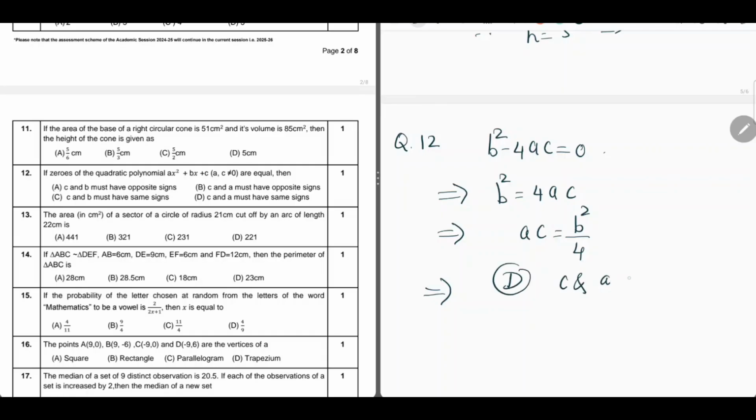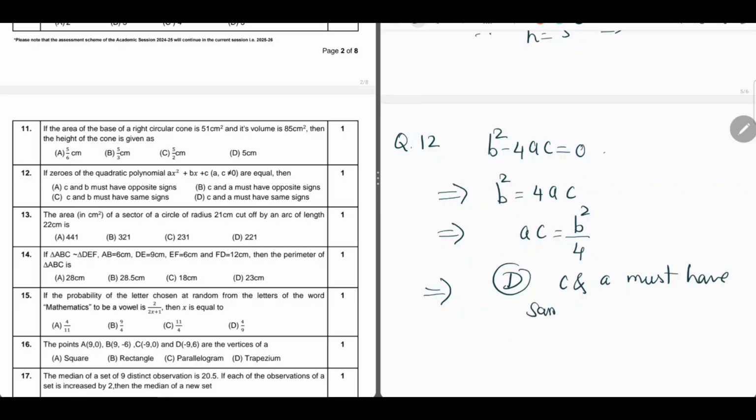If zeros of the quadratic polynomial are equal, what is the condition? B square minus 4ac is equal to 0, which implies b square is equal to 4ac, which implies ac is b square upon 4. 4 is a positive number and b square is always positive, so opposite signs are not possible. Only options B and D concern A and C. So option D, that is C and A must have